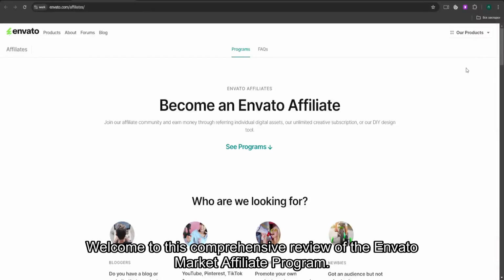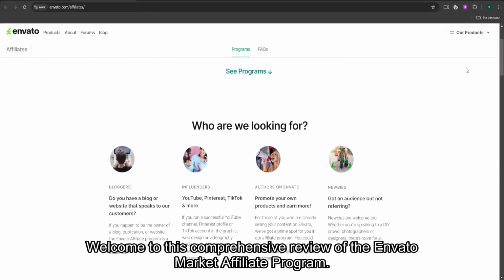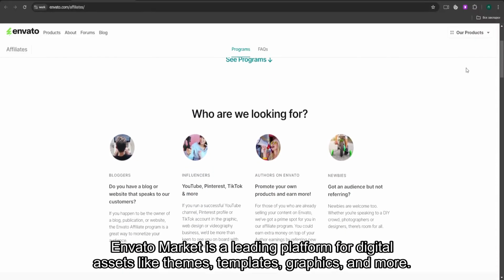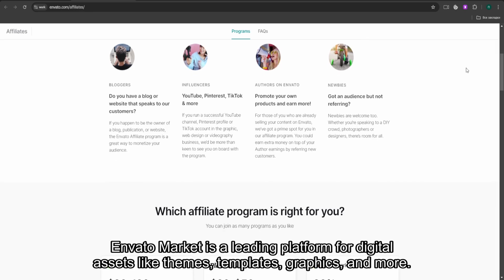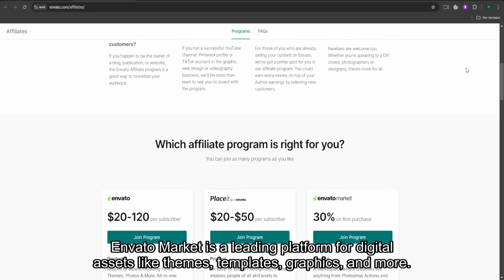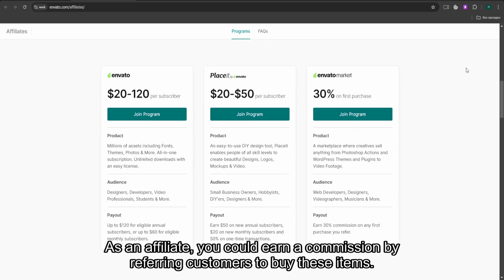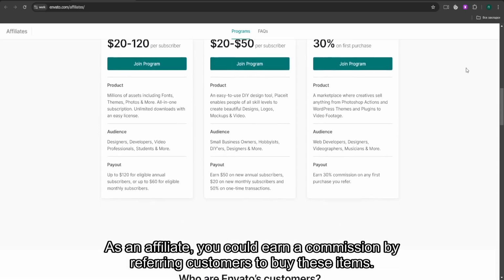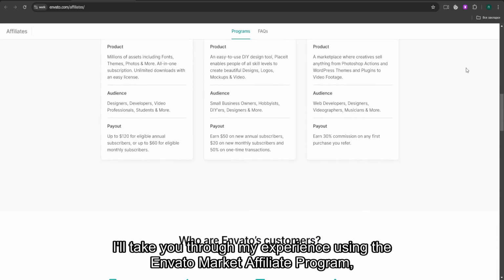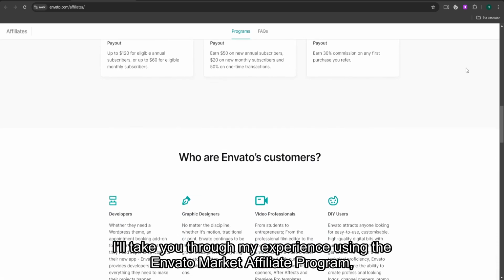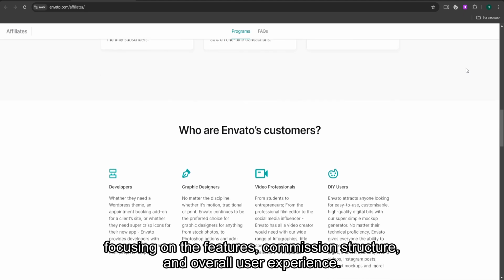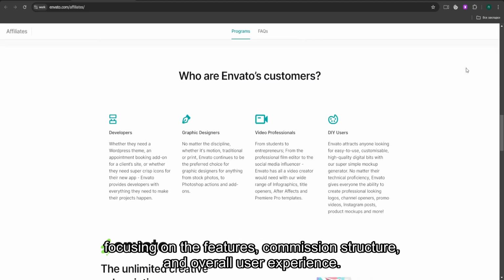Welcome to this comprehensive review of the Envato Market Affiliate Program. Envato Market is a leading platform for digital assets like themes, templates, graphics, and more. As an affiliate, you can earn a commission by referring customers to buy these items. I'll take you through my experience using the Envato Market Affiliate Program, focusing on the features, commission structure, and overall